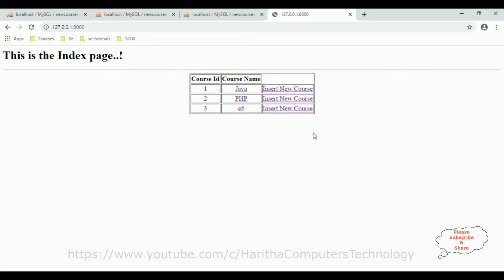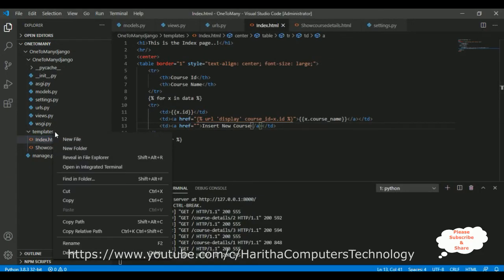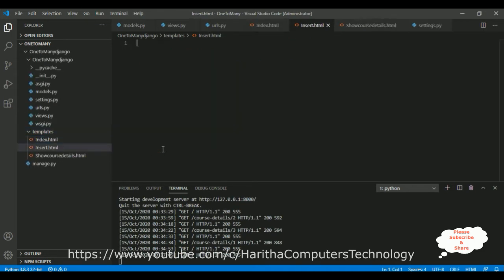Now I want to add the new course details of the C#, so I can click this new insert new course. So when I click this new course, I want to redirect to the new template called insert template. So let's add a new template in this templates folder, new file, insert.html. And this is our insert.html template, h1,